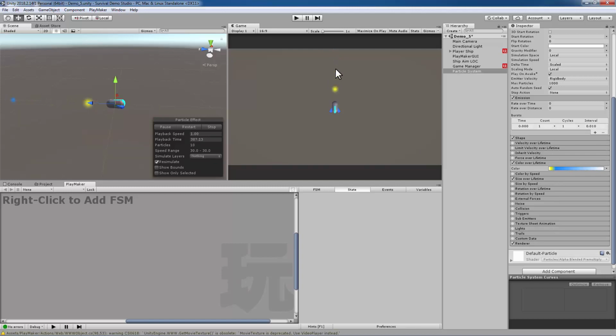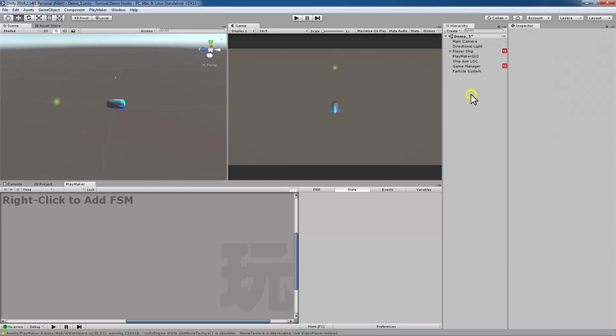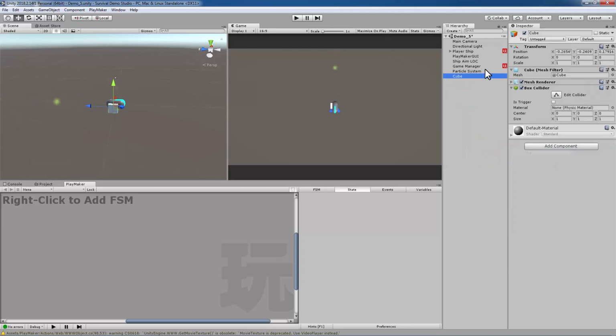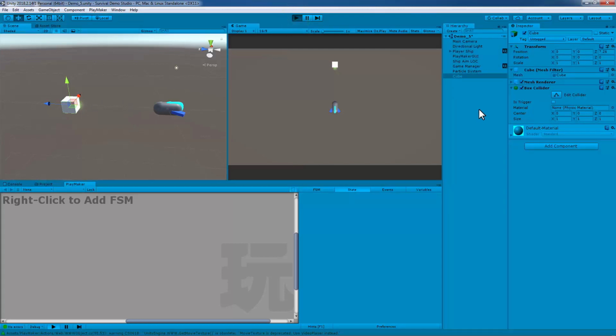However, I do need it to collide with something. I need it to collide with enemies and so forth and actually do some damage. Or just send a kill signal to those if I don't want it to actually take damage. So what I'll do is I will make a 3D cube and I'll set it to 0. And then I'm just going to move it forward in the scene. You can see it's directly in front of my ship. And what I want to do is use this object to test whether the collision is set up correctly for my particles. So when I hit play,